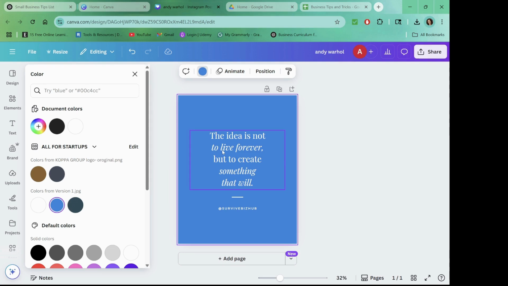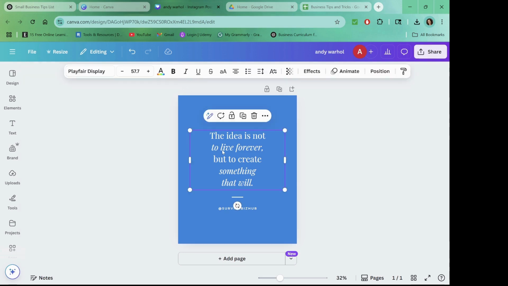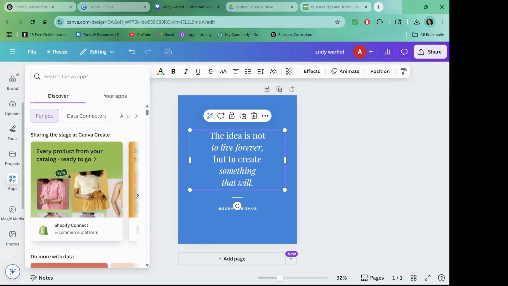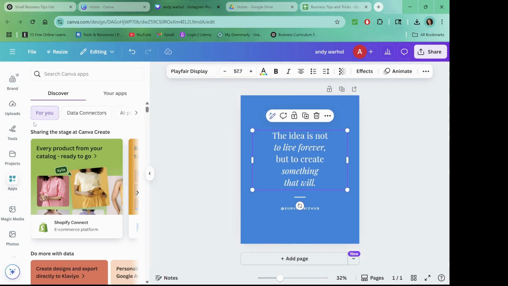Also, you can change some of the font if you don't like it. I'm going to leave it like that. Once you do all the changes you want, go to your left side, scroll down and find apps. Once you find apps, click on it, and then in the search button at the top of the apps, look for bulk